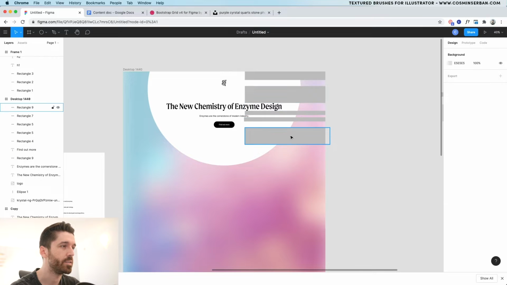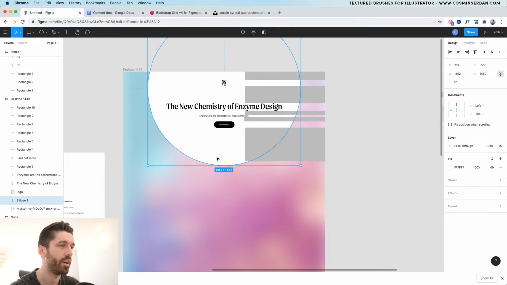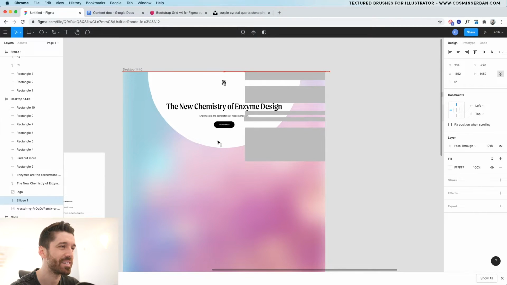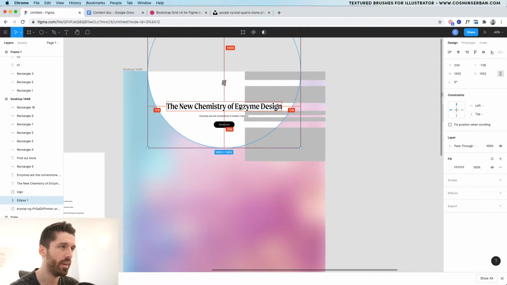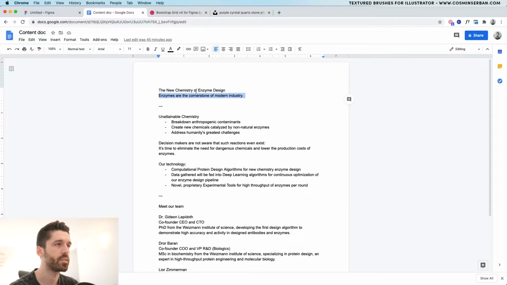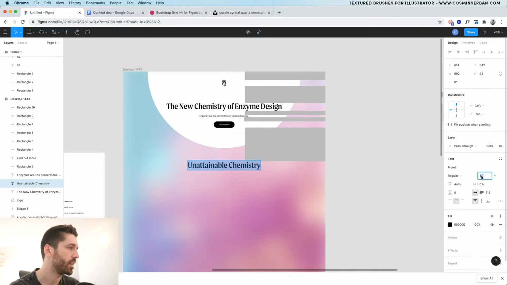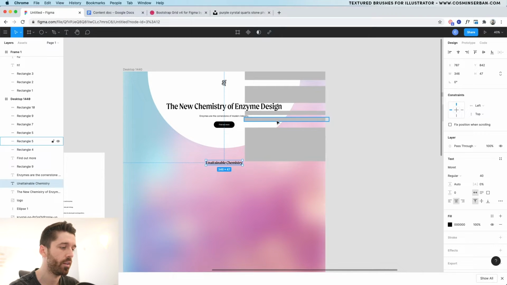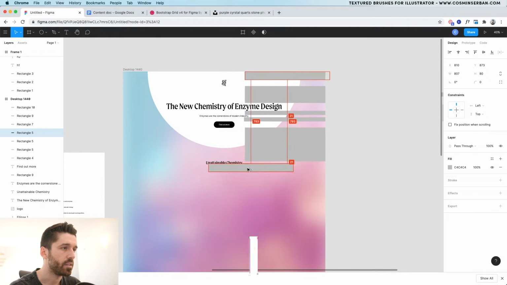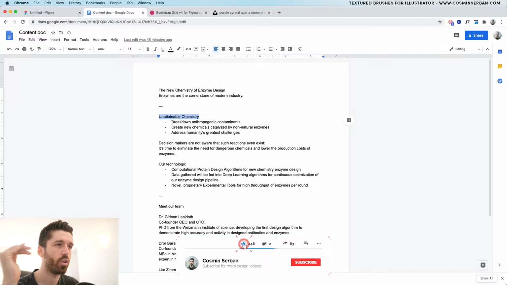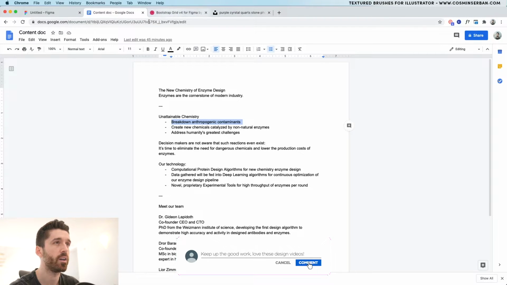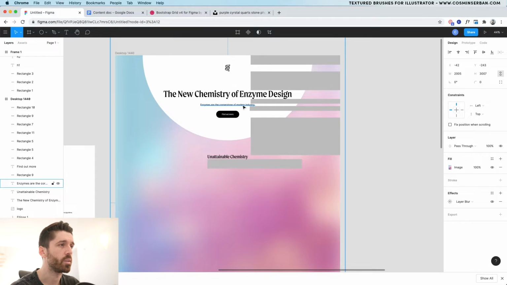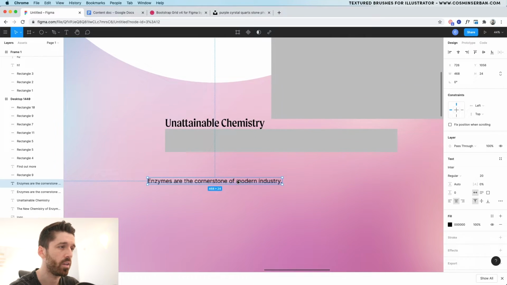Let's move the guides back in, and then I'm going to have another 160. I'm going to try to figure out how I'm going to place these elements so it makes sense. This circle is going to come right over here at the edge, and then I'm going to have a headline that's going to be 40 pixels. Double click, paste it in, select it, and make sure to make it 40. Then from here, maybe use 80 pixels because I'm going to have a structure of bullet points. Maybe I'm going to use this as individual elements and then figure out how I'm going to actually place them in. Of course, I'm going to use 20 pixels, enter font, paste it in.